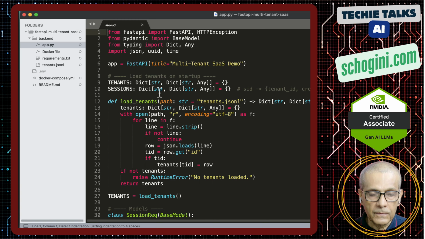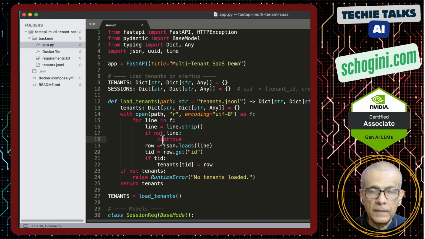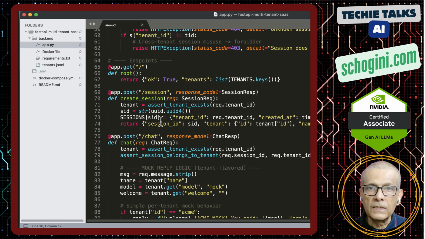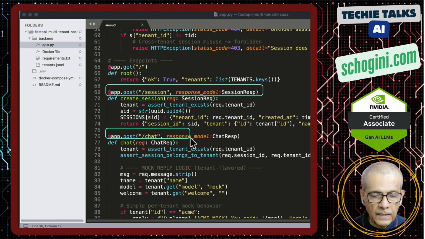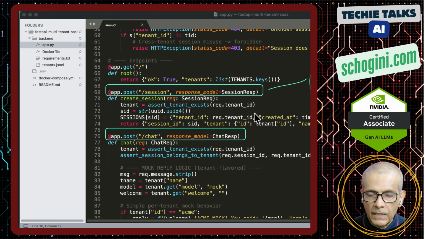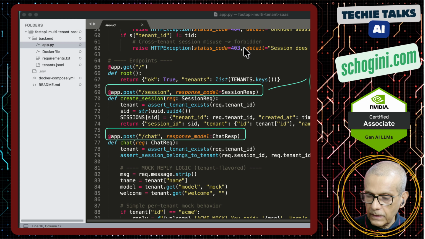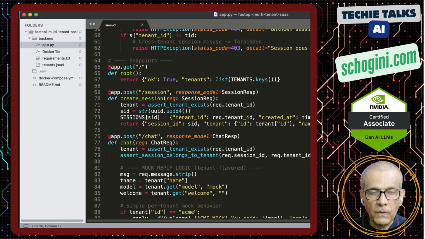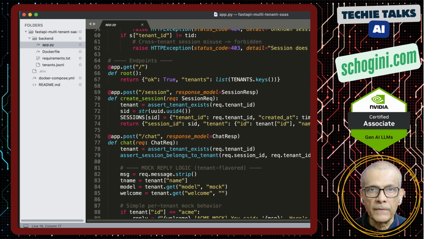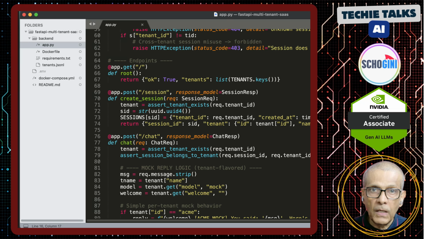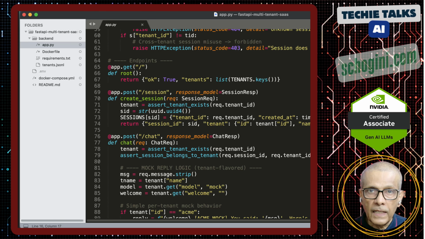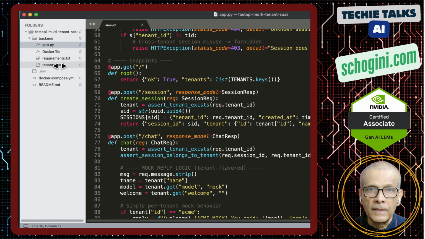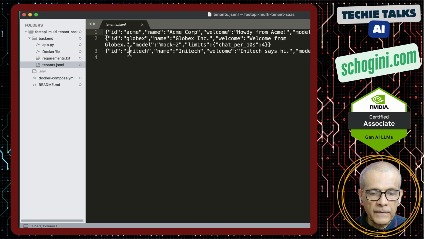And here is the demo. Before that, let's look at the important aspects of this. It starts with a session endpoint, and there is another endpoint, and there can be many, but this session is the main thing. The client, or the JavaScript running in your browser, will make a call to the session endpoint. It will also pass a tenant-bound session ID, and all other endpoints, including chat, enforce tenant isolation. For demonstration purposes, I have created